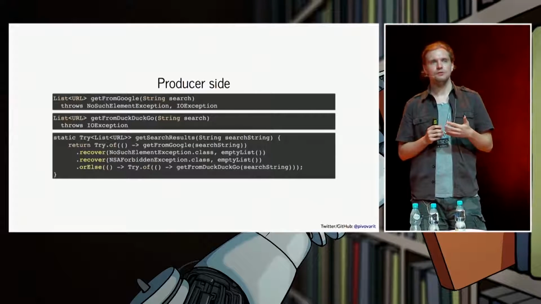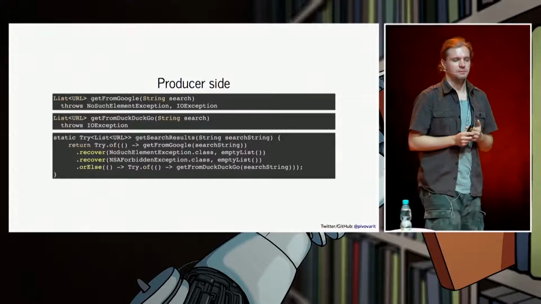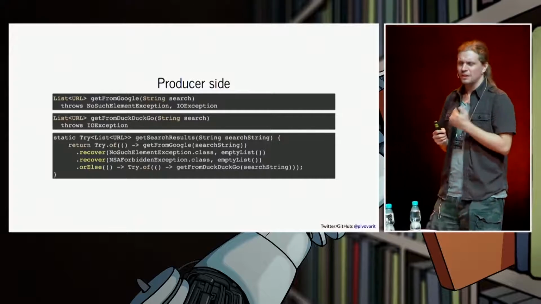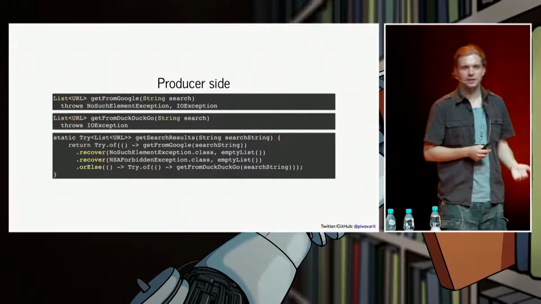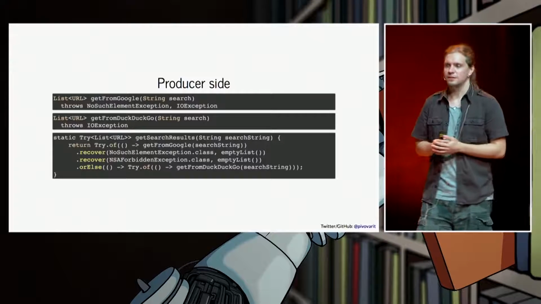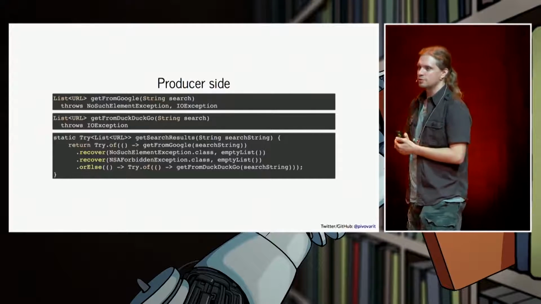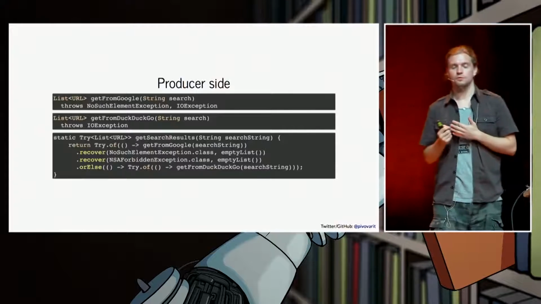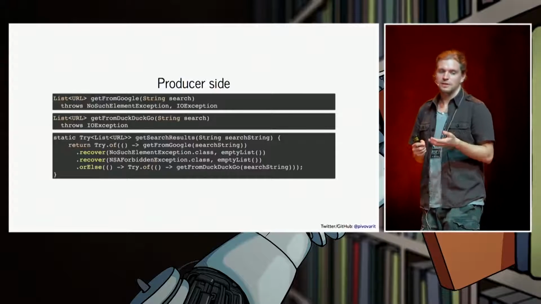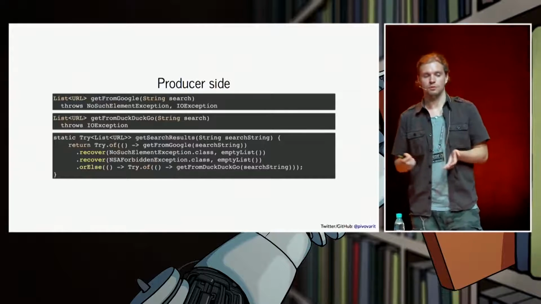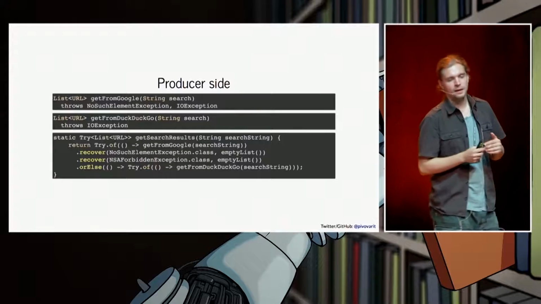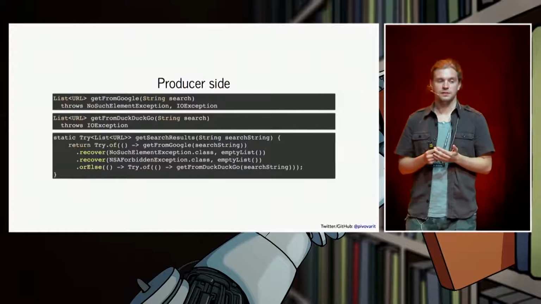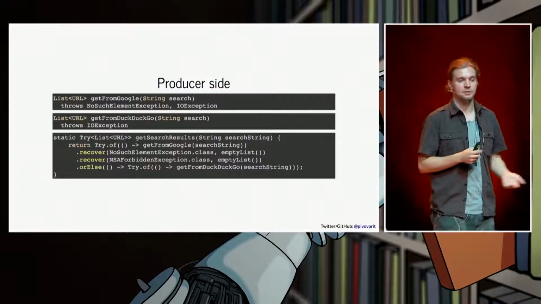And now, if you try to compose them, you can see that if those tools are designed in a proper way, it's quite easy. It might look quite complicated, but after playing with declarative programming for a while, it ends up being very easy, very intuitive to work with. So, as you can see in the first line, just like in the example I showed you a few seconds ago, we put the lambda with a simple getFromGoogle call straight into a try object. And then, as we can see from the method signature, it throws NoSuchElementException and IOException.